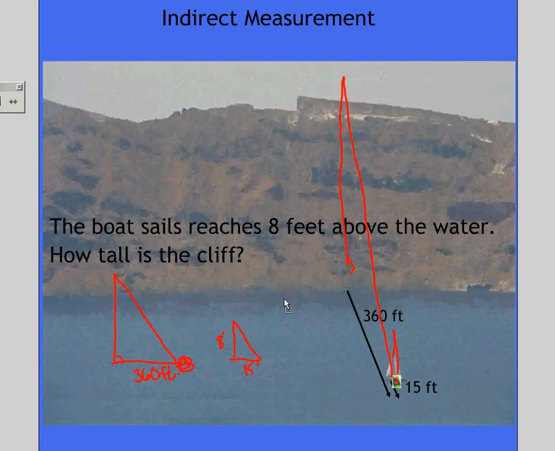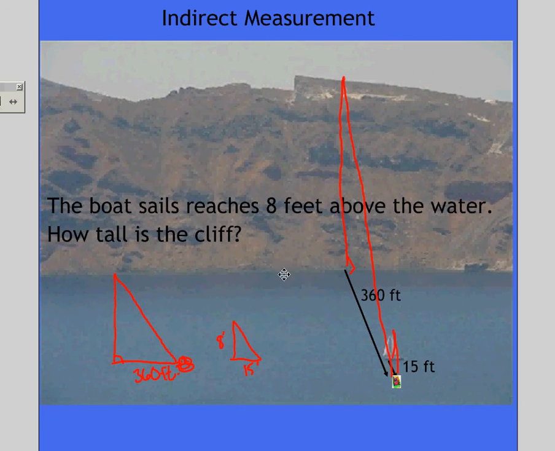At this point, we can go ahead and create our proportion. We need to find the value of x here. So it's going to be x over 360 feet. This is all having to do with the large triangle, with 8 over 15 feet being our second section of the proportion. Cross multiply, let me erase this triangle here, both of these. Cross multiply,